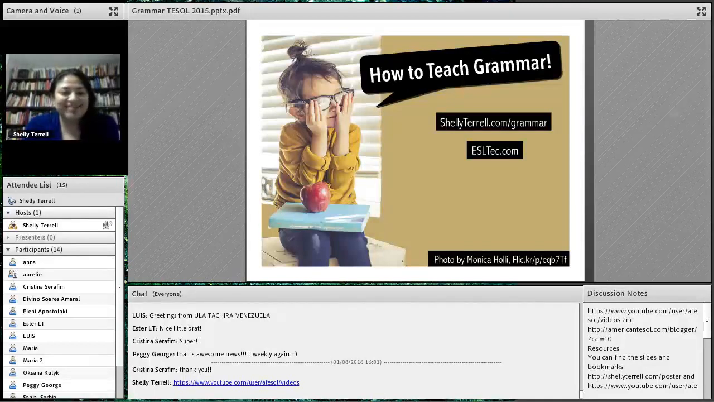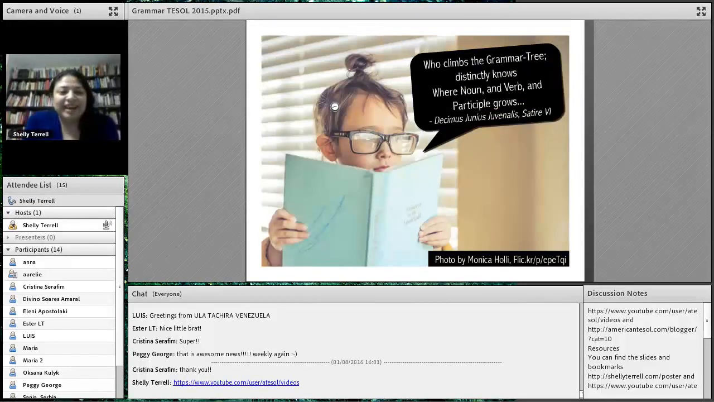So we're going to go ahead and begin. And while we begin, I always like to start with a quote. And I like this one the best of all the ones that I have looked at. This is actually a satire, which was translated, but it says, he who climbs basically the grammar tree distinctly knows where noun and verb and participle,